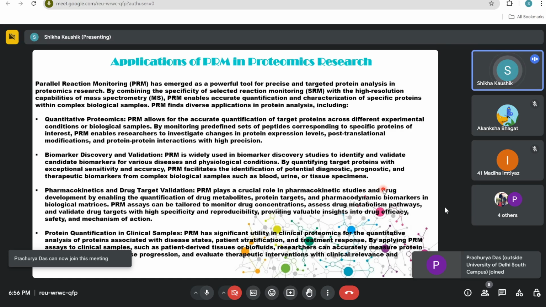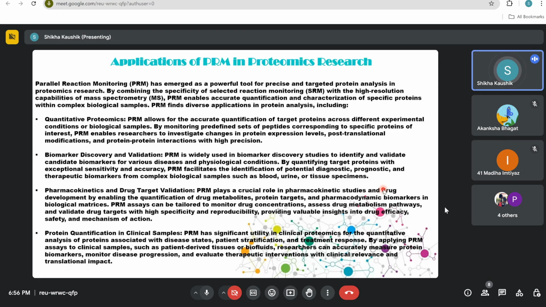So PRM assays can be tailored to monitor drug concentration, assess drug metabolism pathway, and validate drug target with high specificity and reproducibility, providing valuable insight into drug efficacy, safety, and mechanism of action. Because हम इस PRM के केस में not only you are selecting a particular target, and if you have samples with treatment of different concentration, and when you're comparing with untreated, you may assess the drug का metabolic pathway क्या है, whether it has a good efficacy or not,